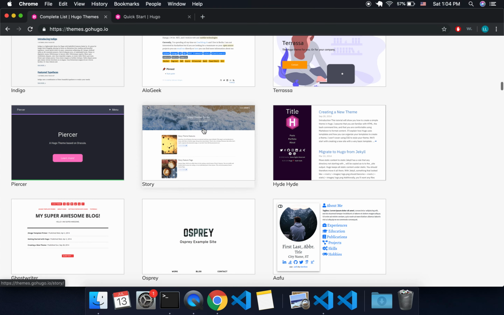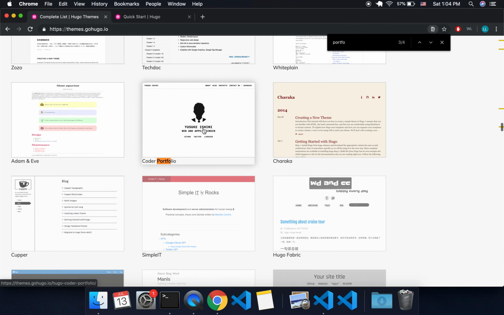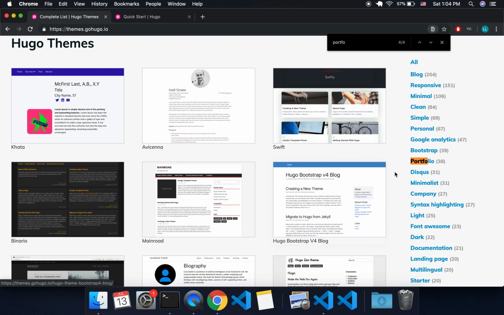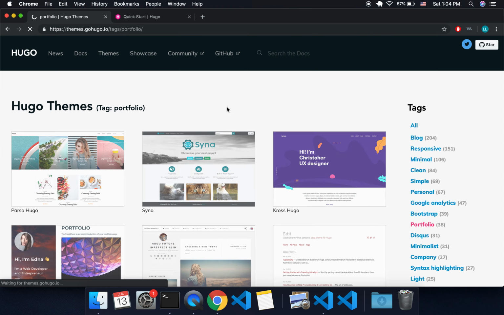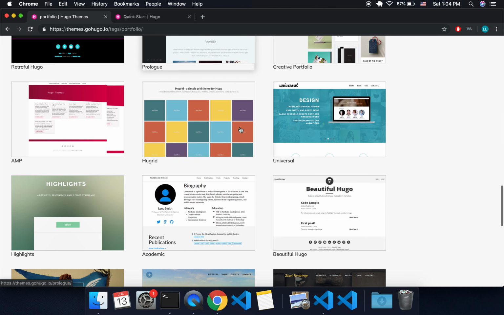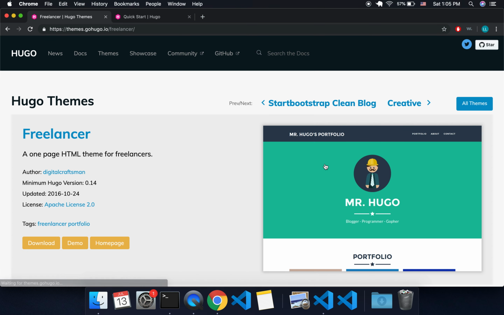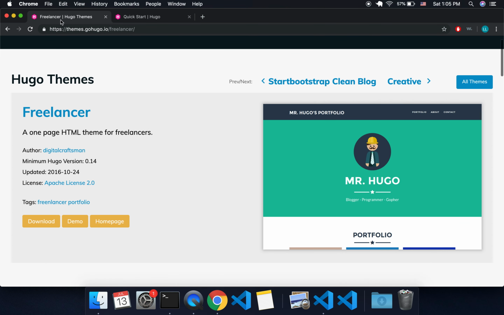I was going to use, let me see if I can find it. Portfolio one. I can't find it. Okay, let's say I'll pick a different one then. There it is. So I was going to use this one. It's got lots of themes. What you're going to do is click on the theme you want. So you can come to